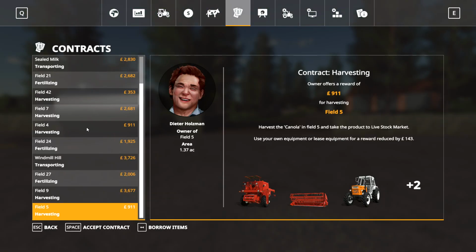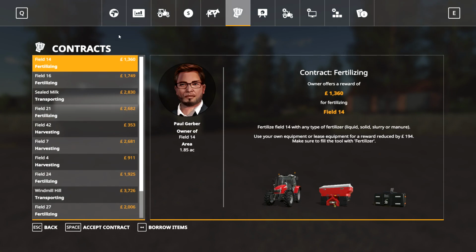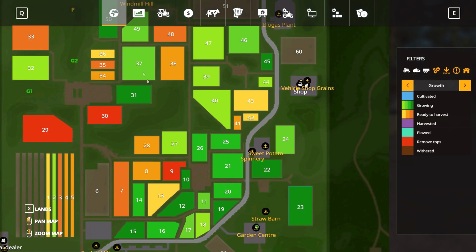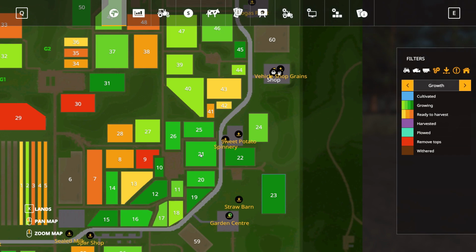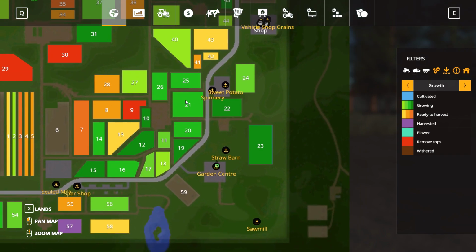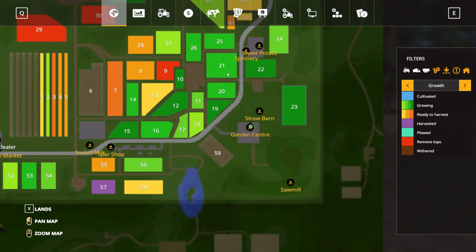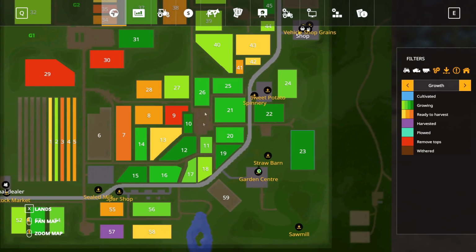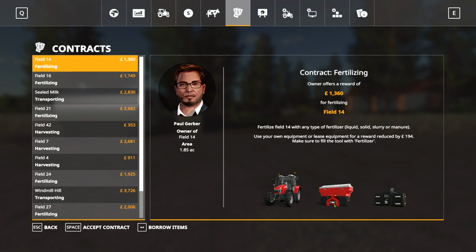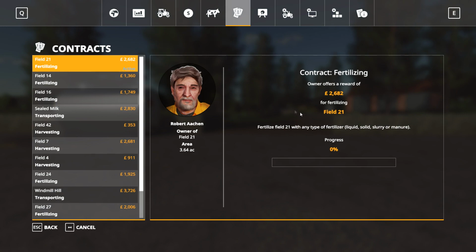I think we'll do some fertilising. 27, 21, 14, 16, 27, 21. 21's here. Oh, that's a big field. Yes, that's what we will do. We're going to see if we can pick up the contract for 21. Now we've got the stuff for that, so we don't need to. We've got that. That will be for next time. So with that,